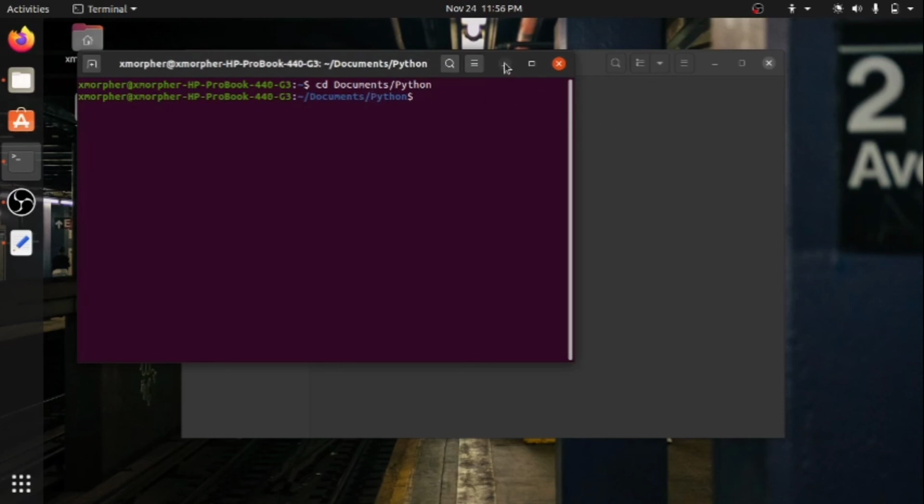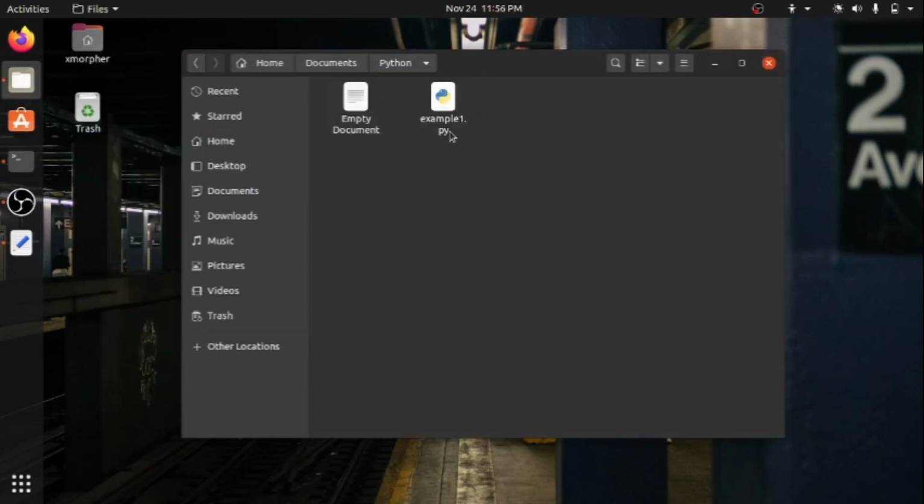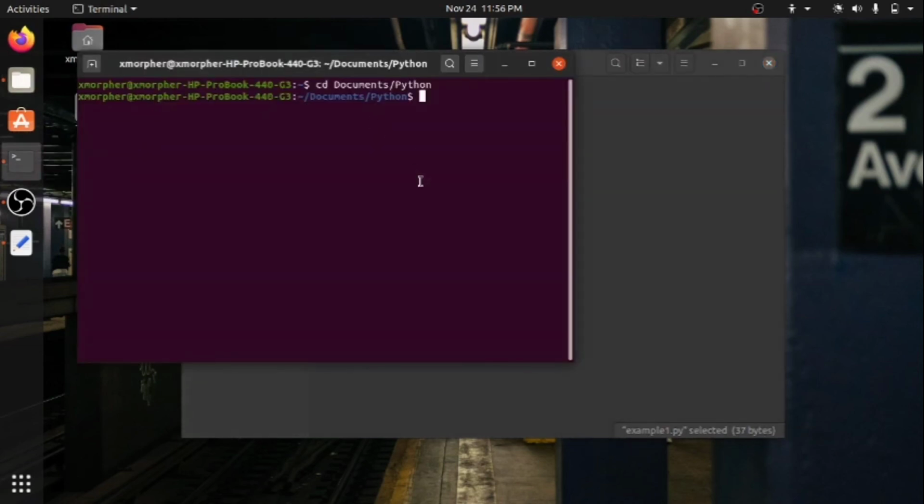Now to execute our example1.py, we'll write python3, since we have the latest version installed in our Ubuntu, which is Python 3. If you write Python or Python 2 instead, this command won't work.